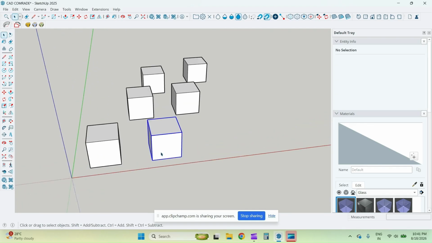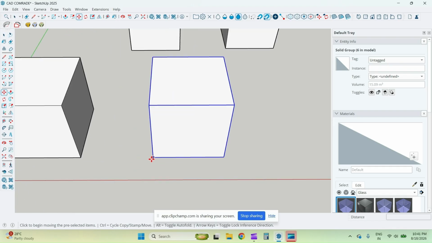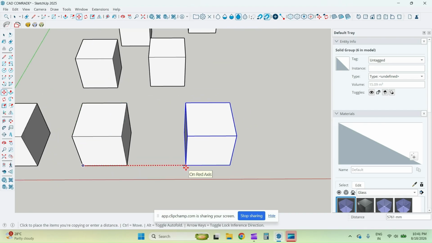So what we are going to do first is select the object that we want to duplicate, and then we will press M, that is a shortcut for move. Then we will press control, which will give us the sign of the plus that you can see, and then we will lock the axis of the path that we want our object to be duplicated on. And after that